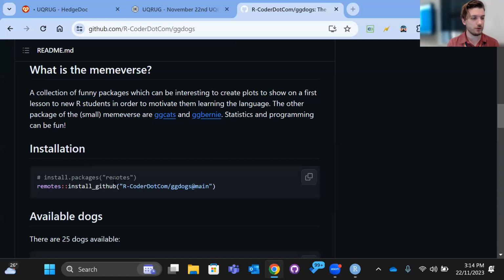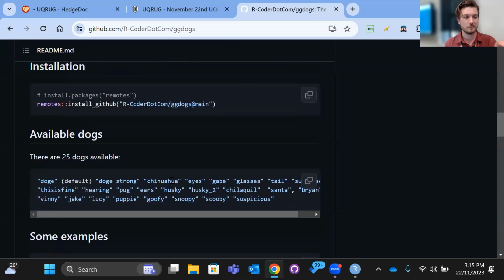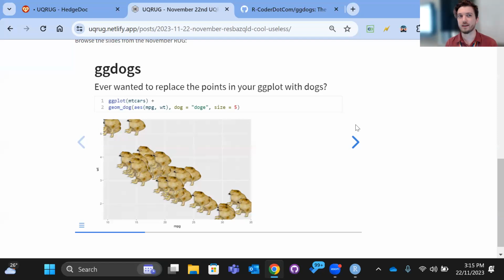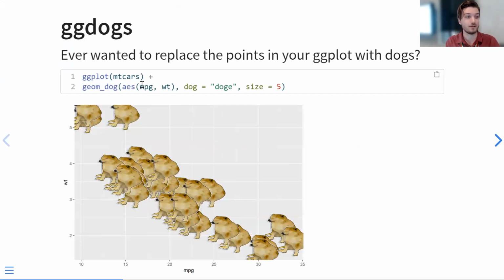Yeah, so just if you copy and paste that into R, you should be able to then install ggdogs. You then use library(ggdogs), and then you can start using those. We have a bit of a play at the end, and I really encourage you to do so, but I want to keep the overview relatively brief so I can skate over a number of different things. But to do this, install ggdogs, load the library of ggdogs, and then create a ggplot.